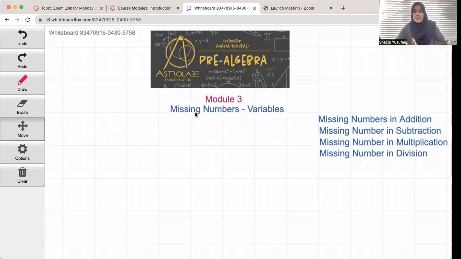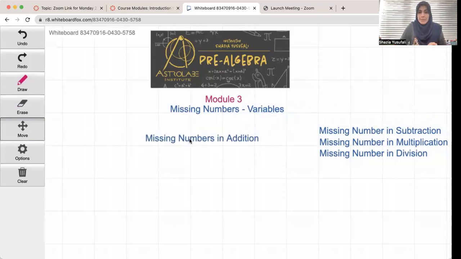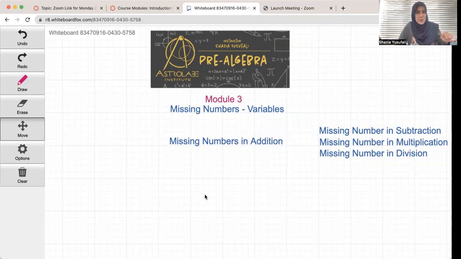And the topic is missing numbers. And you guys know that a missing number is nothing but a variable. So let's talk about this variable. Easy peasy. The first thing we're going to talk about is missing numbers in addition. So it's finding the variable in addition. Super easy, but I promise you, it gets a little bit harder, but once you understand the basics, you will